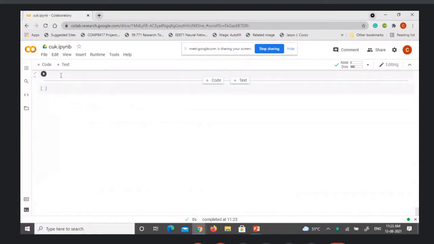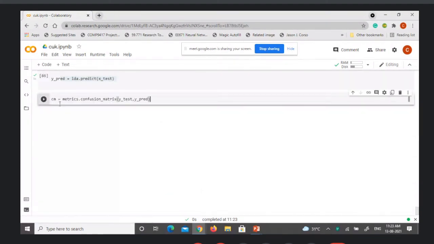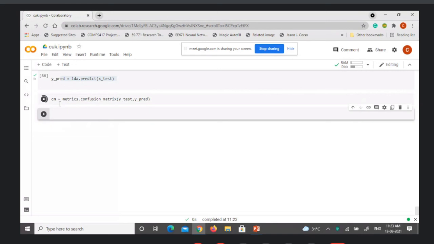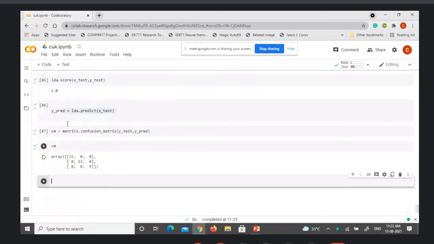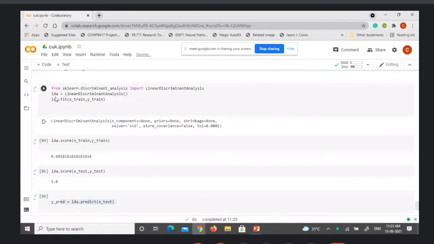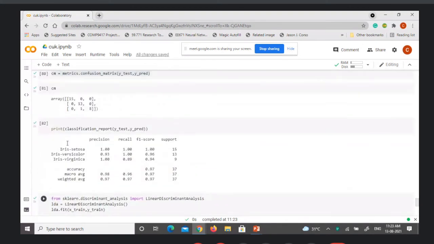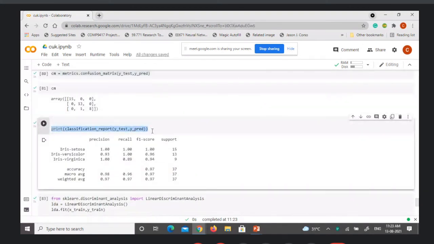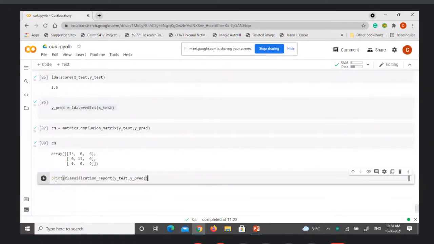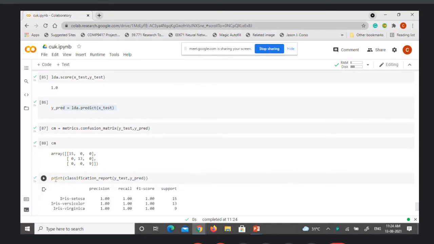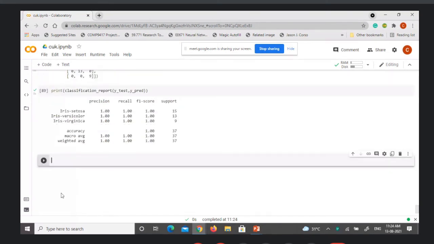Check the confusion matrix here. And then print the classification report. So like this, you can check with other classifiers also.